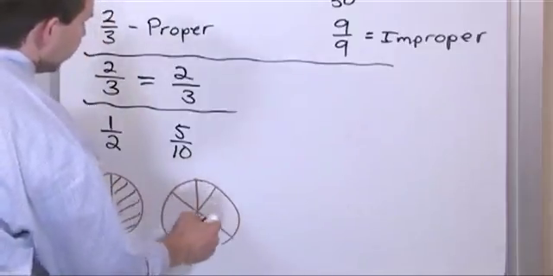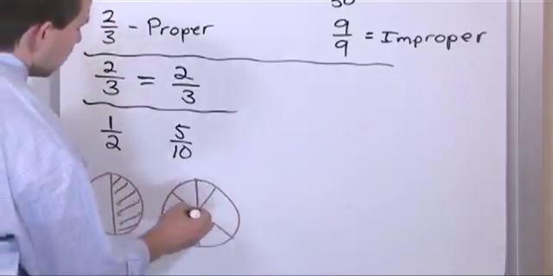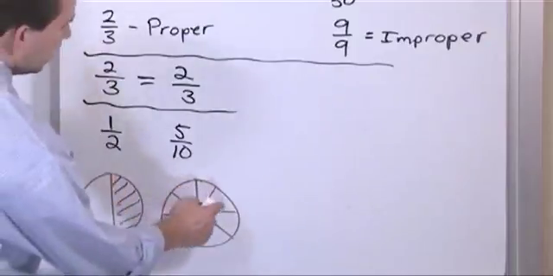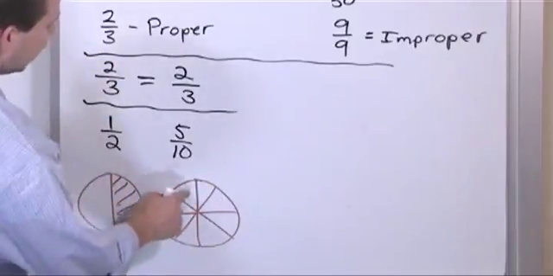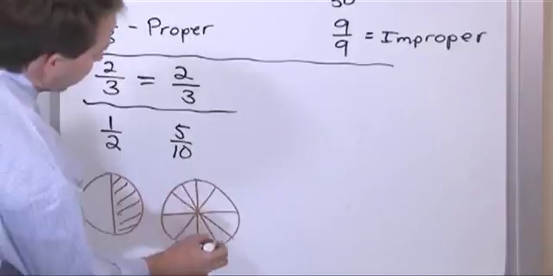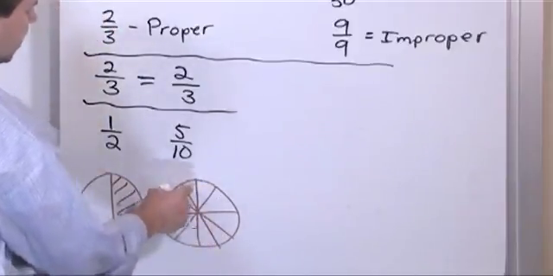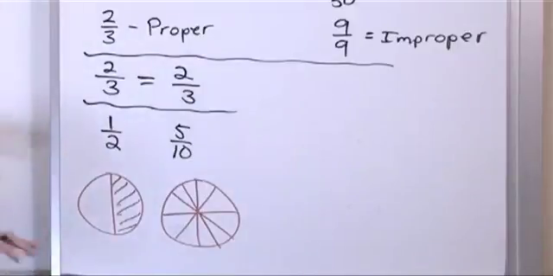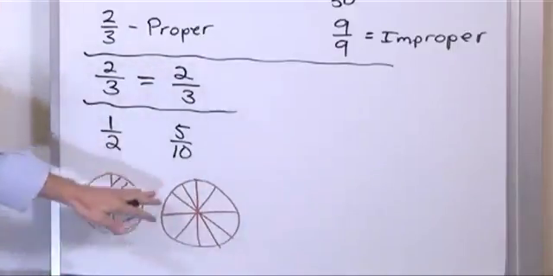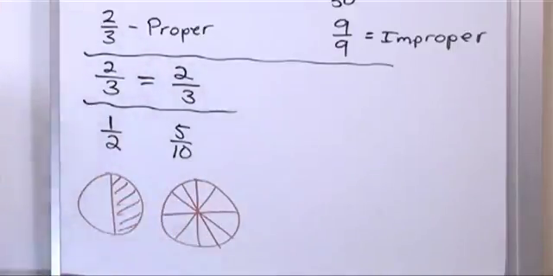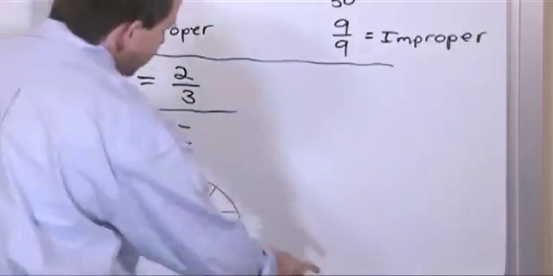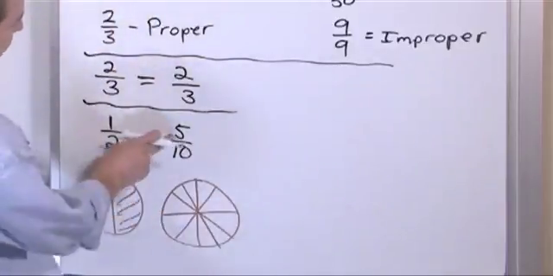Okay, how many pieces do I have now? Let's count the pieces now. 1, 2, 3, 4, 5, 6, 7, 8. Let me go ahead and draw another slice down here. So we have 1, 2, 3, 4, 5, 6, 7, 8, 9, 10. 10 slices of pizza. You have to use your imagination a little bit that these are equal slices. Now, when I'm drawing on the board, it's a little difficult to make them perfectly equal. But even still, if you use your imagination, then I think you could agree that if I cut it into